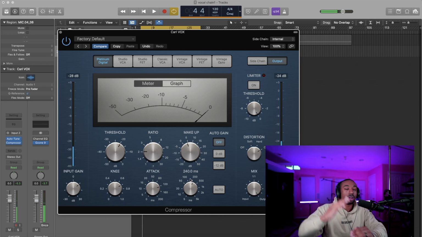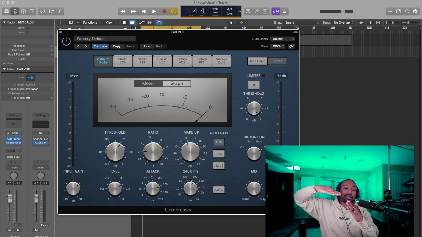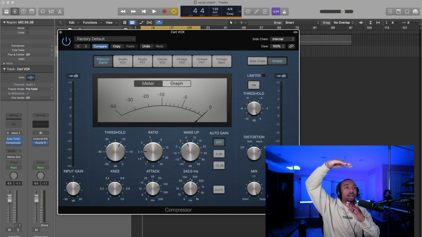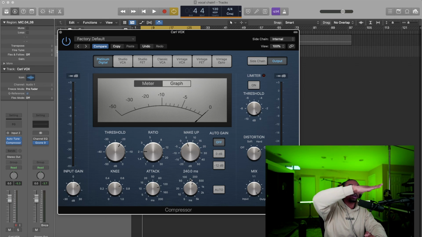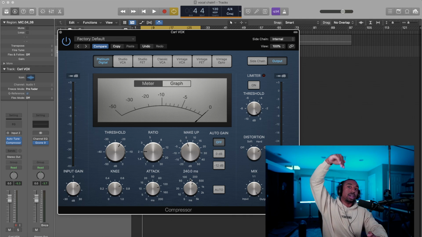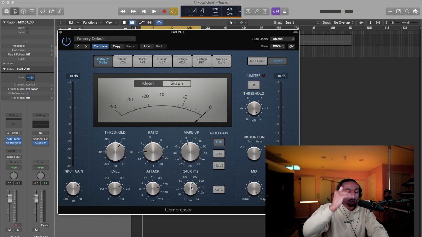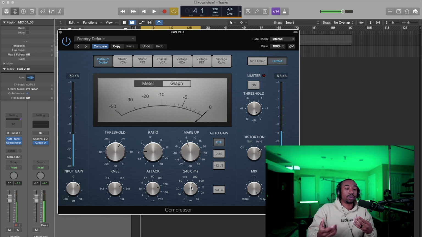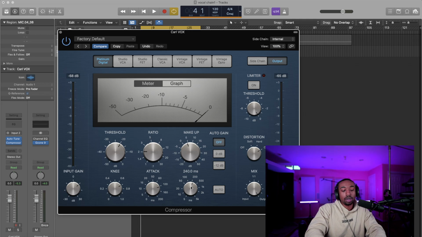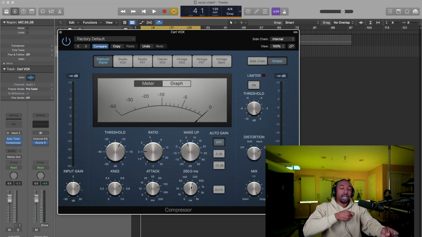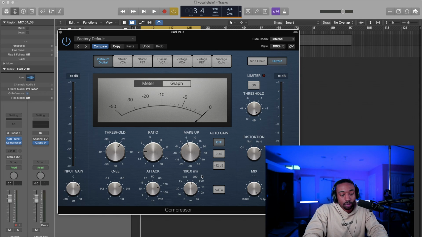Your release time is how long it takes to go back to, they used to call it recovery time. It's the time it takes to go back to normalcy. So the release time is it will cut out volume, and imagine it going up gradually back to normal. It dips and then it slowly goes back. That determines how long the compressor pulls down that volume. Basically, if you want to use that analogy from Life, it's how long the guard shoots at the runaway prisoner, the release time. He could shoot for 2 seconds, he could shoot for 10 seconds in just one shot. So that analogy will help you understand compression.